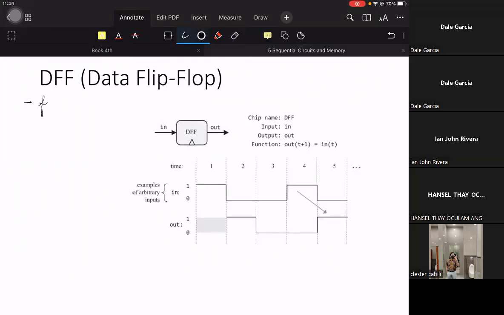Before I go further, we should note that for any memory device or sequential circuit,